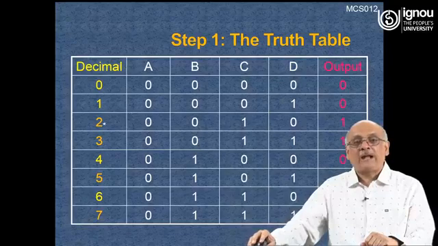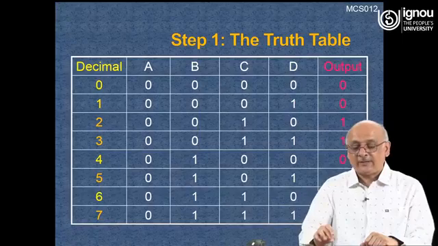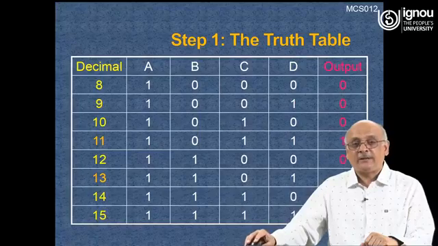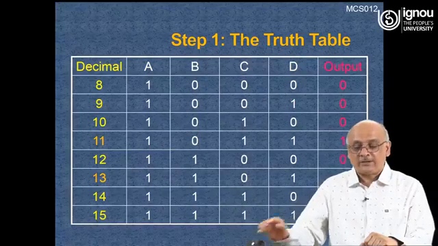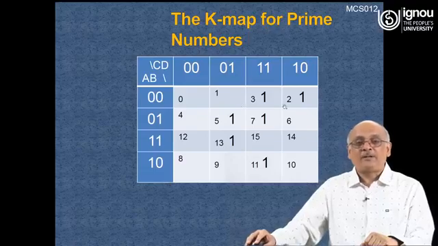Okay, now for prime numbers we once again draw the truth table. So prime numbers are 2 and 3, 1 is not a prime number, so we will get 1 here. The prime numbers are 5 and 7, so you are getting 1s over there. The next prime numbers are 11 and 13, that's how we get our prime numbers. So this becomes our truth table, and to map this onto the K-map for prime numbers,